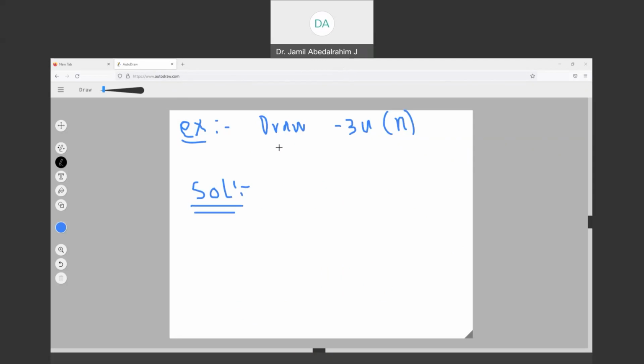Like this example. Draw minus 3u of n. Okay? The original at 1, we multiply by minus 3. It will become the amplitude. Instead of 1, it will become minus 3. So